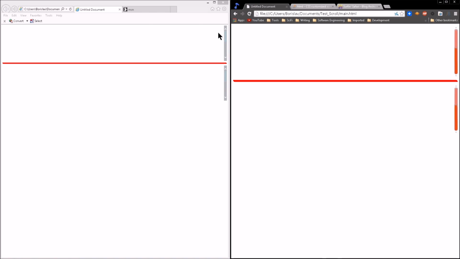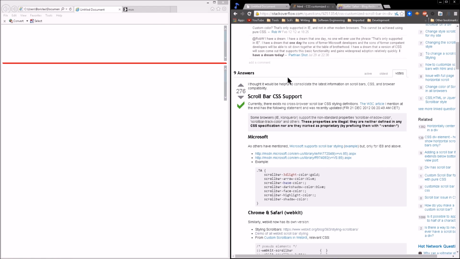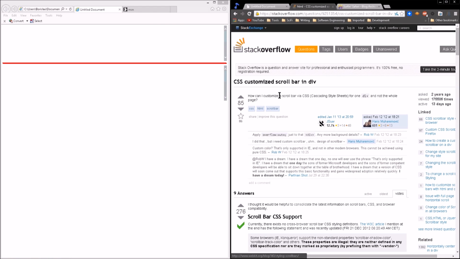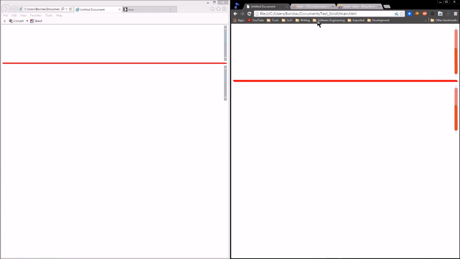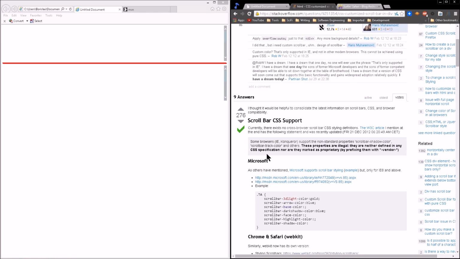So without any further ado, let me show you some stuff on Stack Overflow when they're talking about CSS customized scroll bars. And currently there exists no cross-browser scroll bar CSS styling definitions. This is true. You have to do different things across different browsers and it can get kind of hectic. But as long as we're keeping track of what we're doing where, we can do a decent job of consistently updating the scroll bar